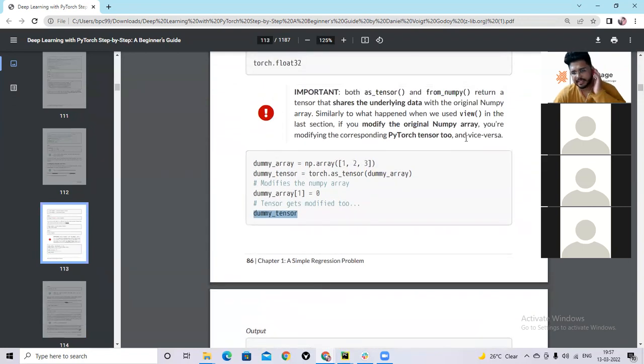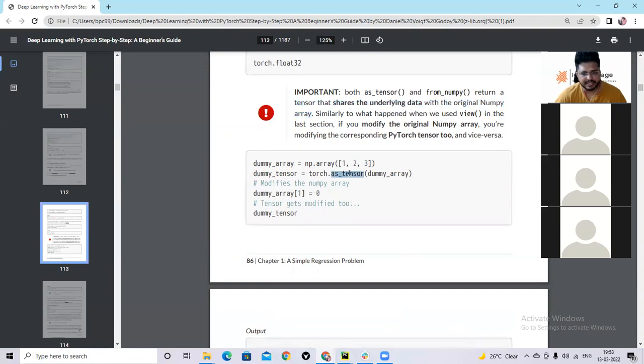What is written here is important to note: both as_tensor and from_numpy return a tensor that shares the underlying data with the original NumPy array, similar to what happened when we used view earlier. If you modify the original NumPy array, you are modifying the corresponding PyTorch tensor too, and vice versa.